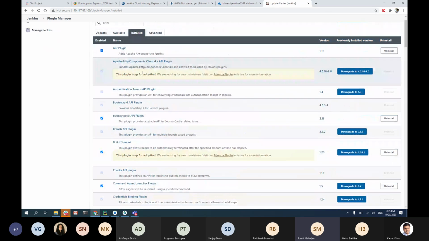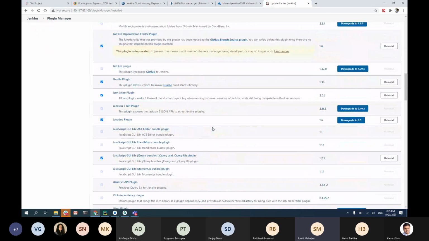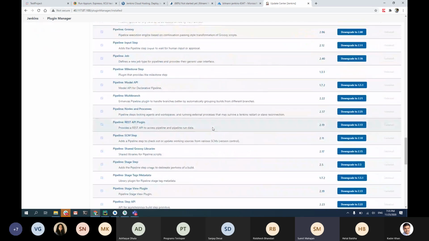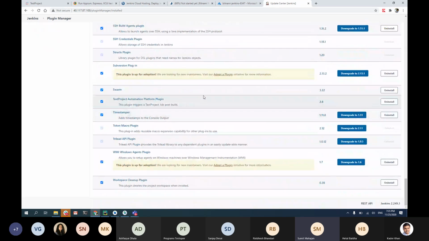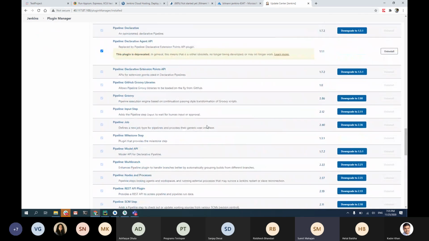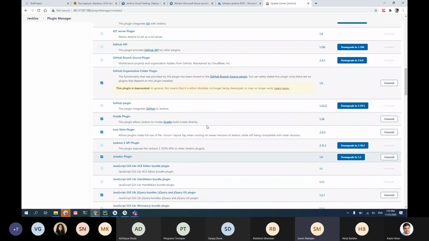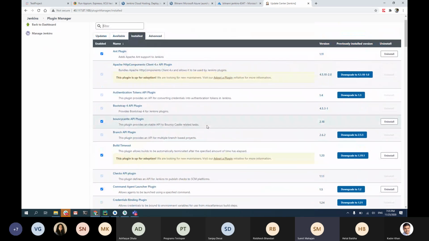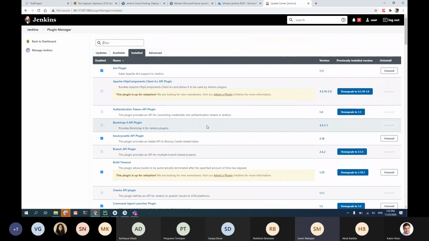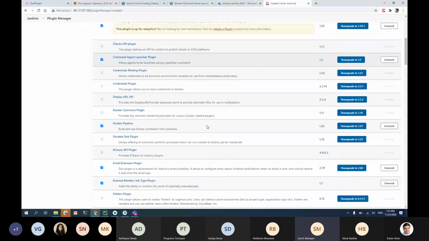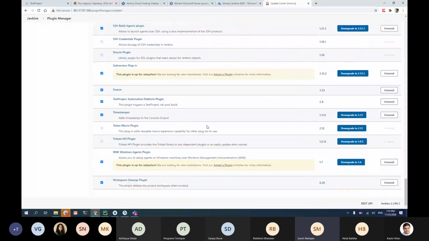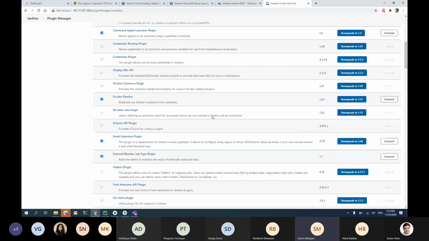By default, there are a lot of plugins that will be installed by Bitnami itself. You might want to uninstall some of them if you don't need them. I would say keep them just for the purpose of not having to download some of the plugins again and again. These are not too many out of the box plugins. These are most commonly used plugins. So the one that we need is TestProject Automation Platform plugin. Once you install that,